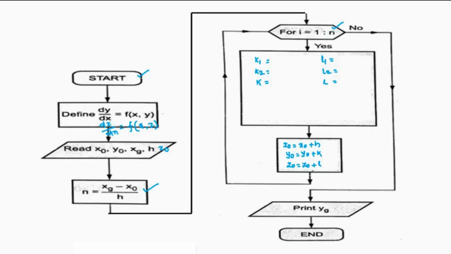When the number of iterations is more than n, it goes out of the loop and prints the values of y and z at xg, the required value, and ends the program. So this is how you can write the flowchart. So for a given function,